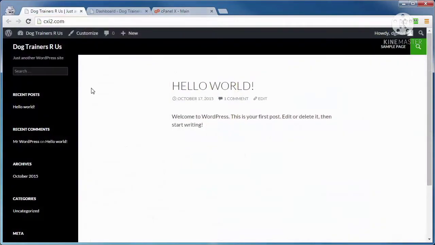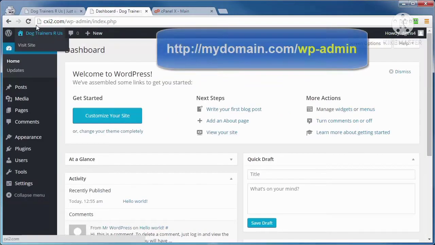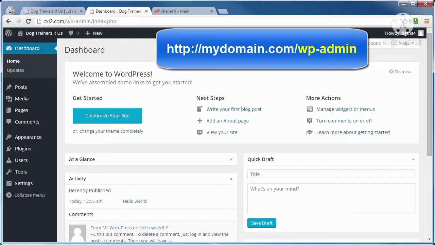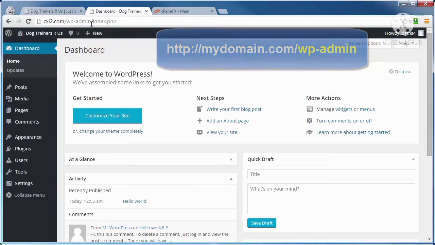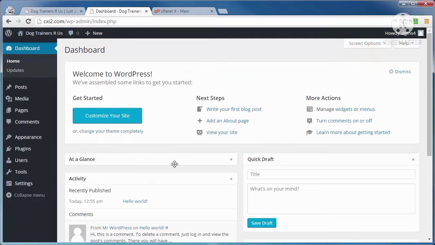And now let's go ahead and log into the dashboard area of our WordPress site. And if you've not done that before, then enter the URL to your WordPress site /wp-admin, hit enter, and you'll be presented with a box for you to add your username and your password, and then just log in. That'll bring you to this page, which is the dashboard page, and we'll just kind of